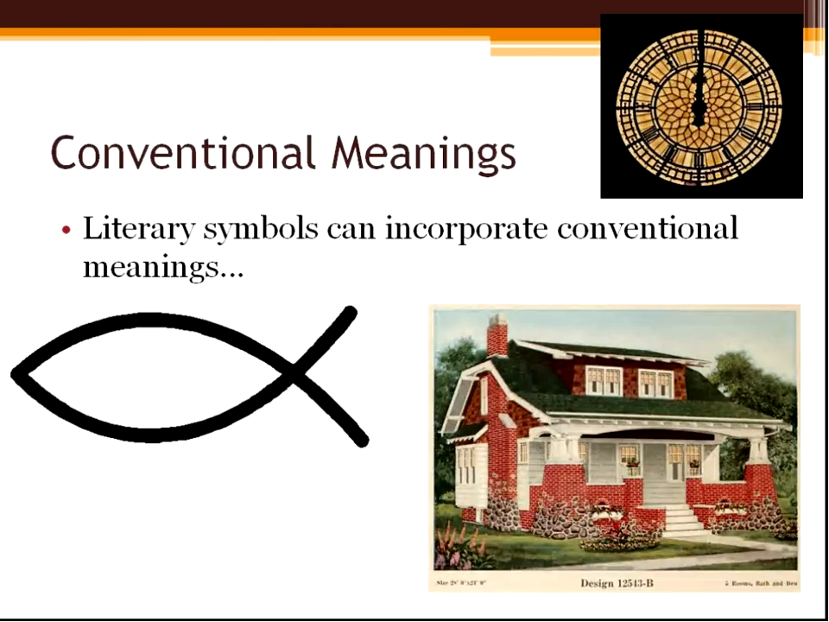Authors can take advantage of conventional meanings of symbols, ones that we're all familiar with, or kind of think of intuitively, or at least have kind of an awareness of, just through use with these symbols, like the Christian fish,